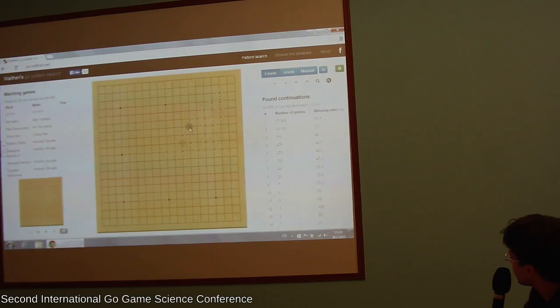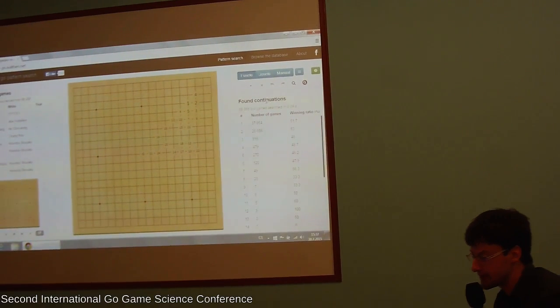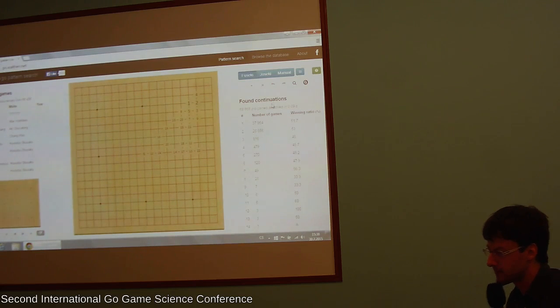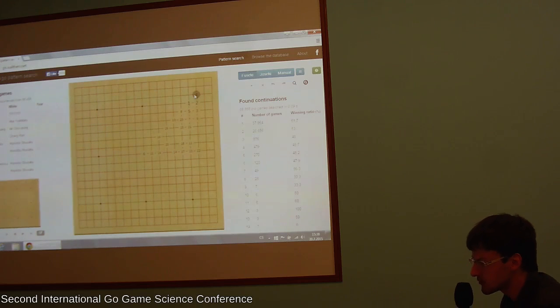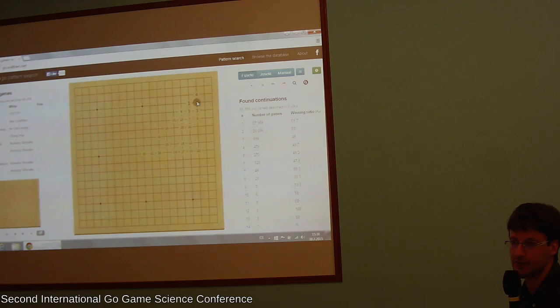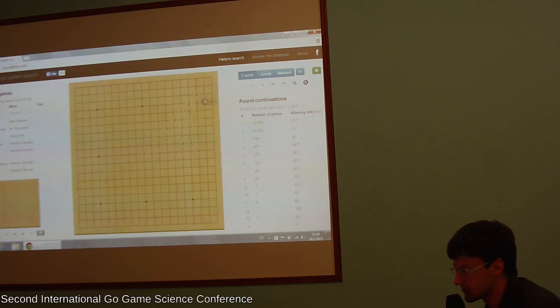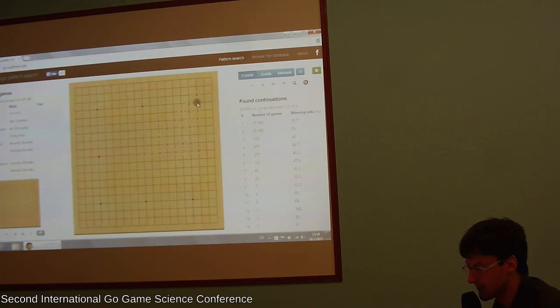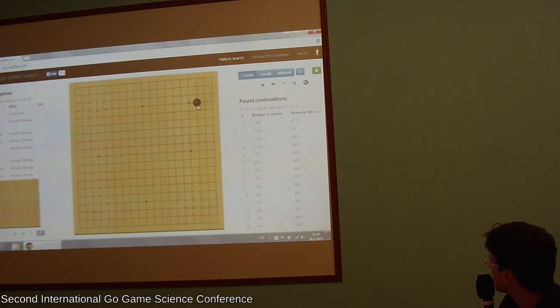You can search some position from Go games, professional Go games. I have a database of 65,000 professional games, and you can find some position or pattern, and it will show you the results from the games. So let's look at it. You can even try to find some fuseki. For example, I click on Komoku, and then in the right column, I see continuations, possible continuations from professional